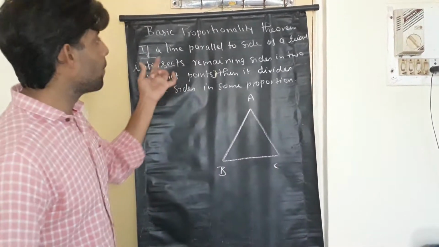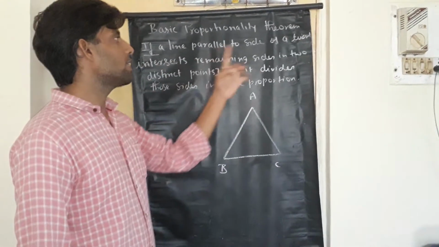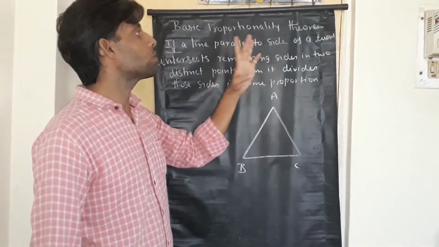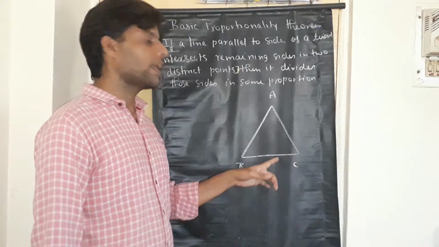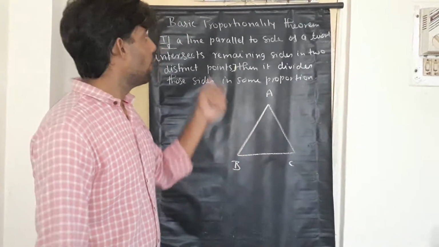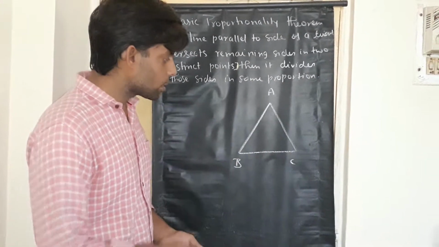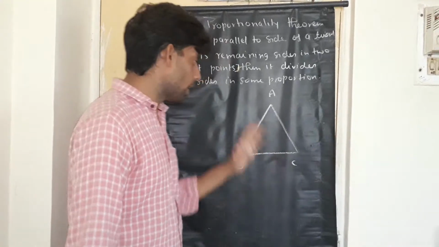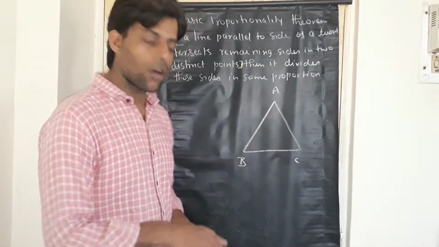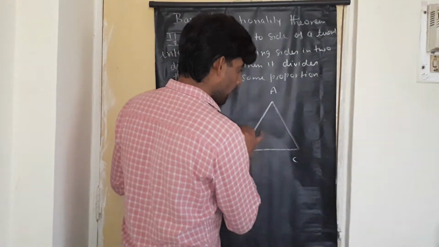Now, it is said if a line parallel to a side of a triangle intersects the remaining sides at distinct points. So what we are talking about is a line parallel to a side of a triangle. Now for triangle ABC we have the sides AB, side BC and side AC. We are talking about a line parallel to any one of the sides. That means you can take a line parallel to BC, you can take a line parallel to AB, you can take a line parallel to side AC. For better vision, we are considering a line parallel to side BC.